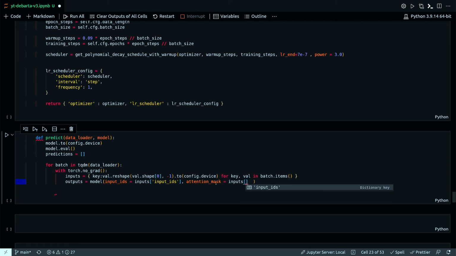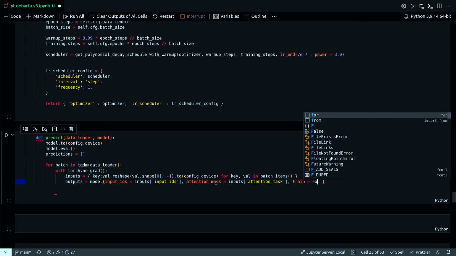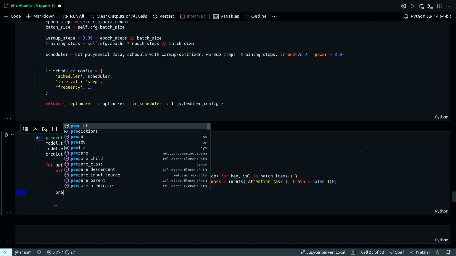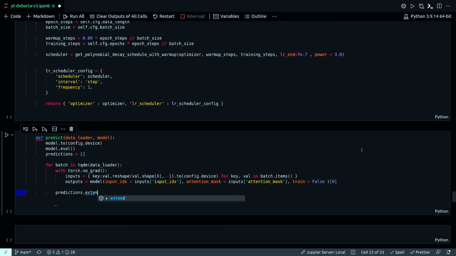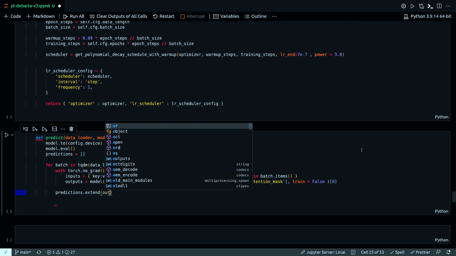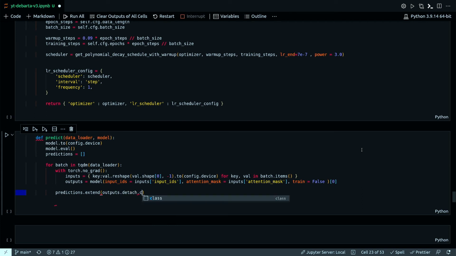Inputs. False. Let's extend this prediction tensor with outputs dot number.